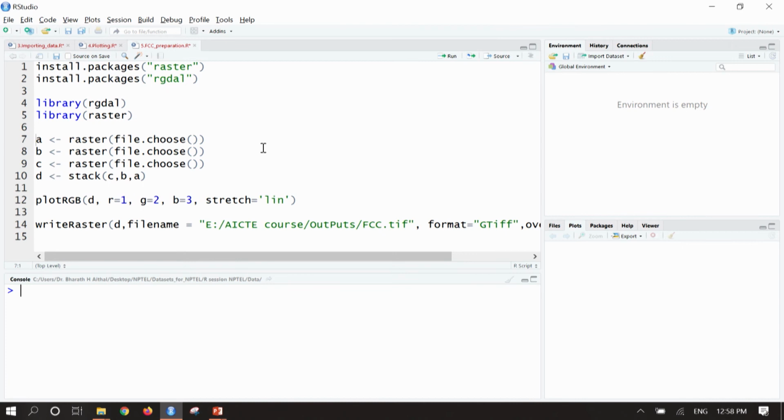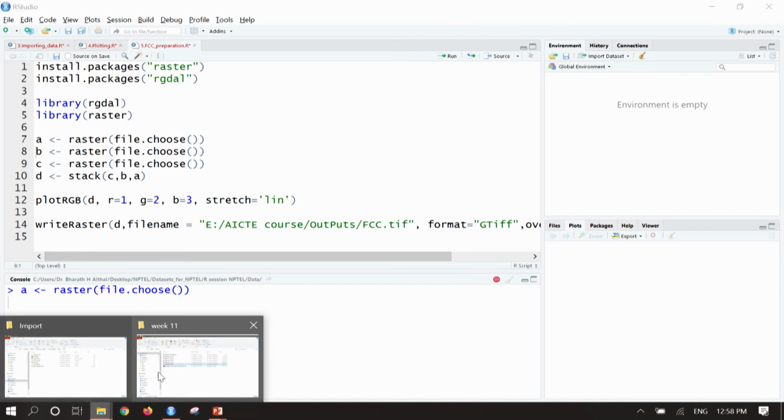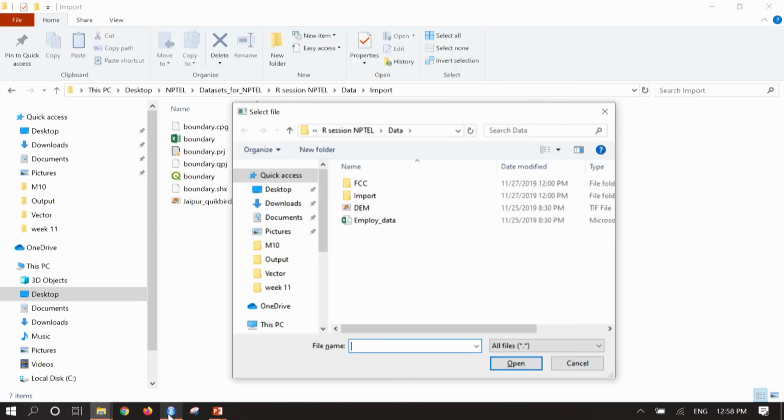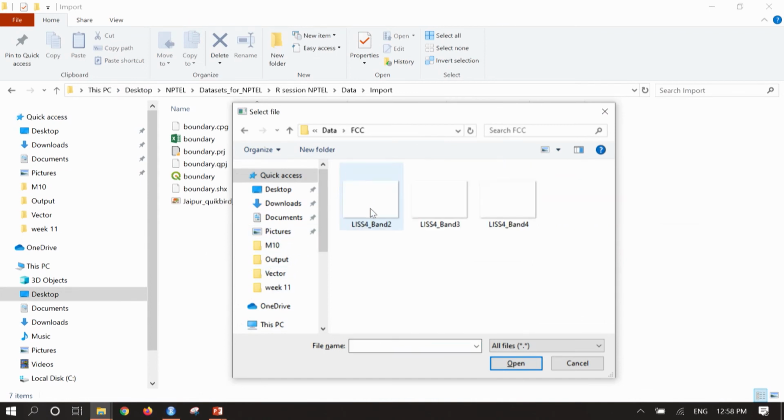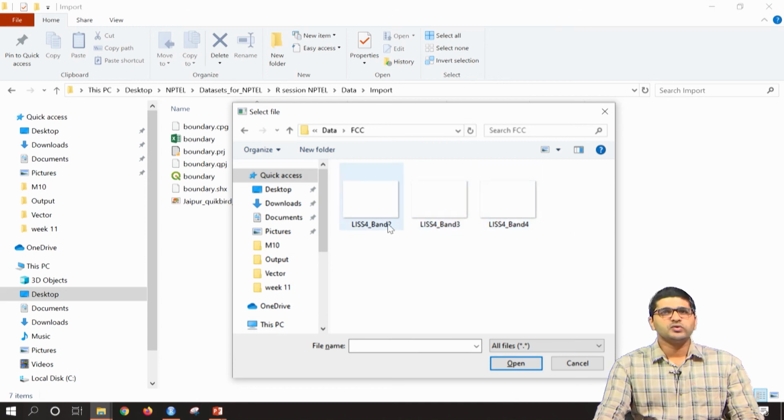Once it is cleared, let us import 3 bands. I will import band A. If you run raster file.choose and assign it to A, one band will get imported. For the false color composite, I have kept Landsat band 2, band 3 and band 4. Band 2 is the green band, then the red and the infrared band.